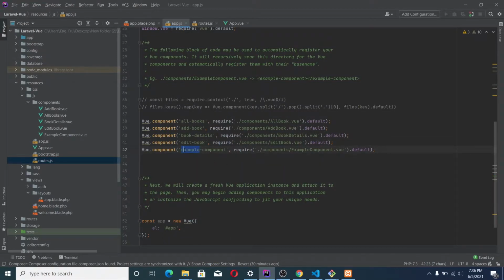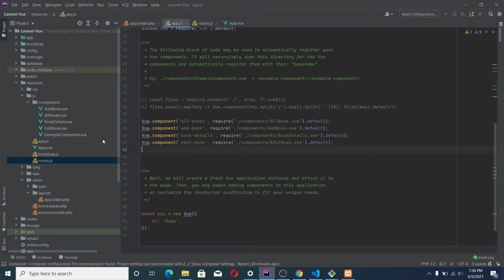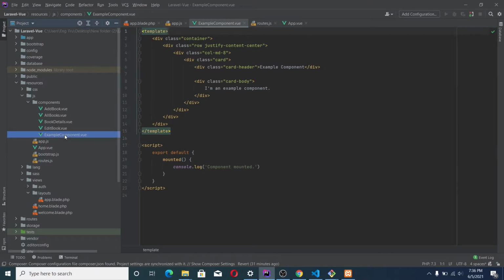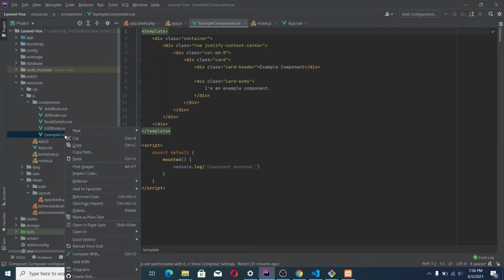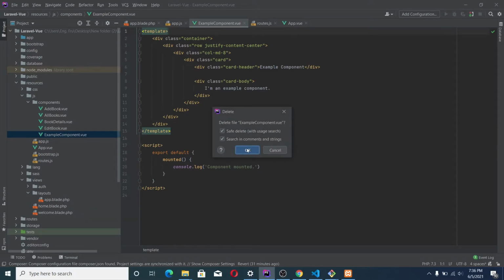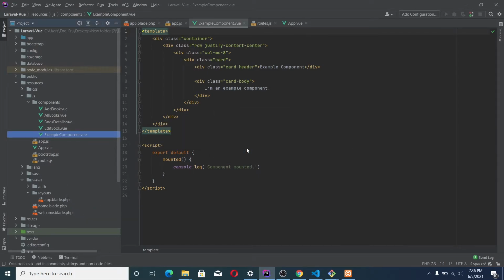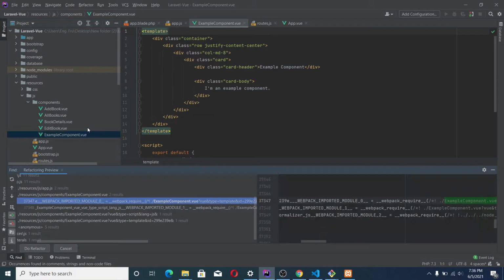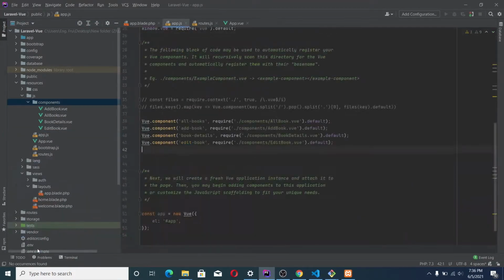So let me just go ahead and delete these example components. Let me just delete it from here. Alright, so the refactor. Okay, so our components folder is clean.